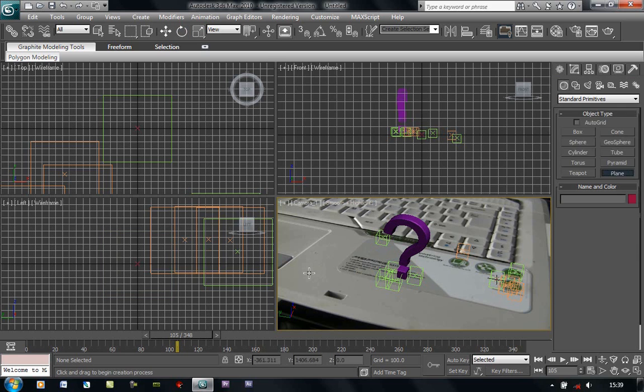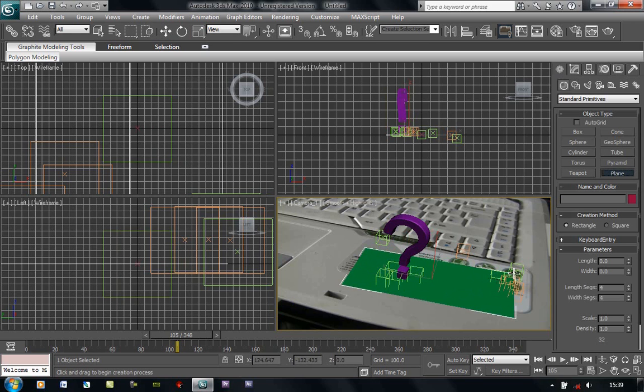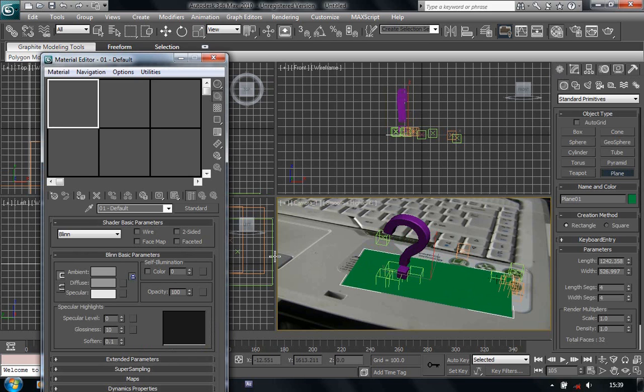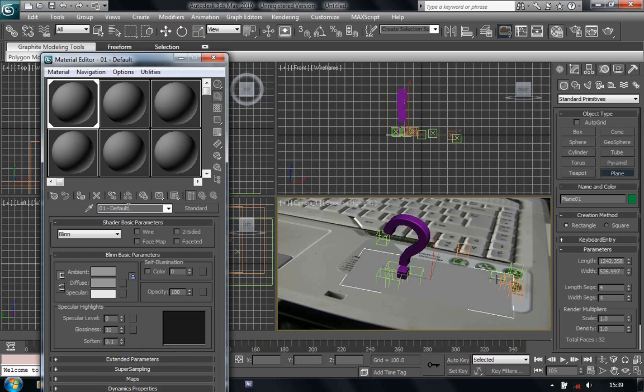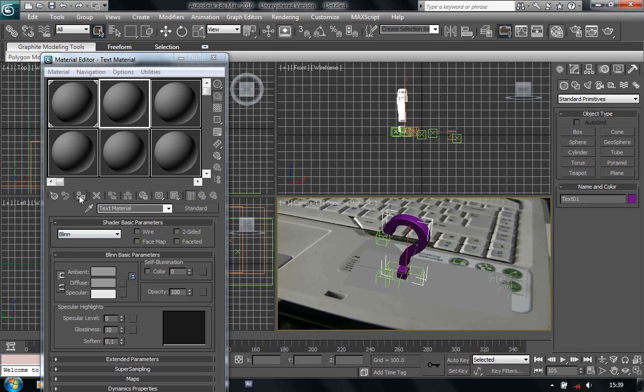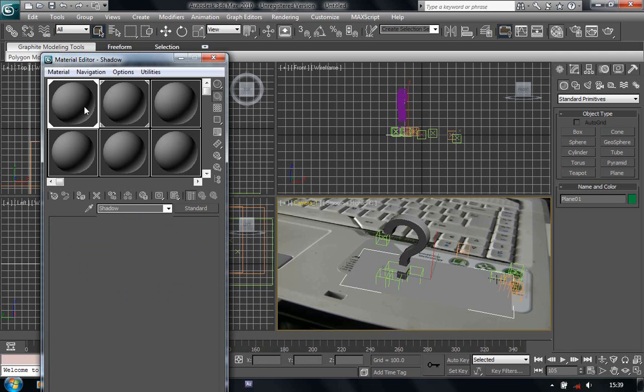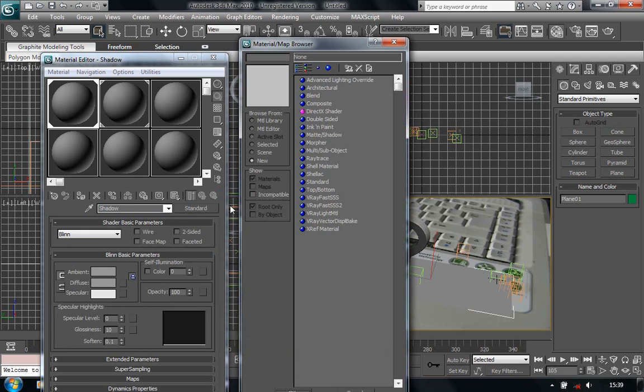Now we'll make a floor plane and just make it big, and go to materials. This is going to be our shadow layer, so just call this shadow, and call this one text material. So select the floor plane material shadow and select match shadow as the material for it,